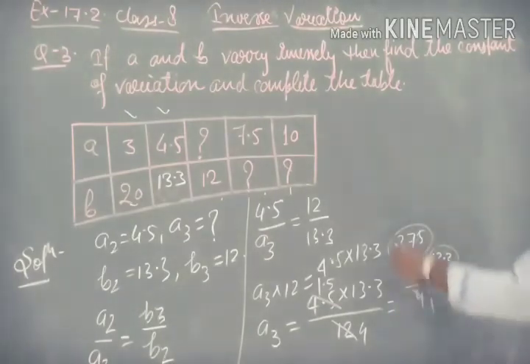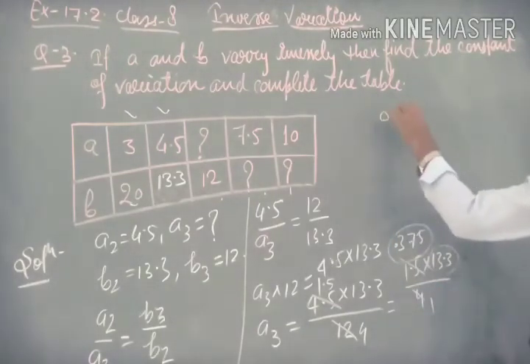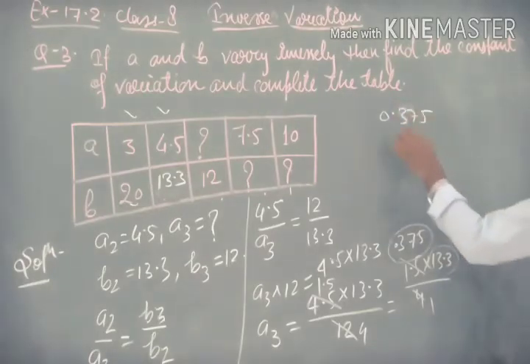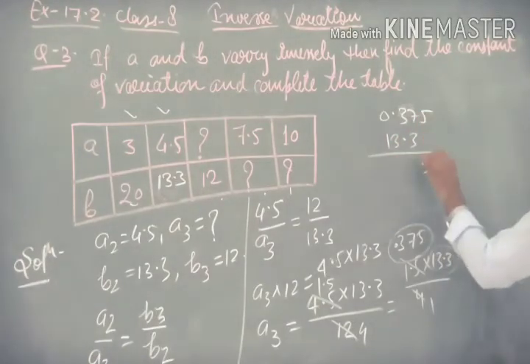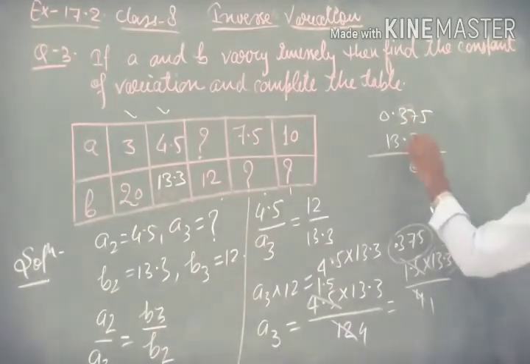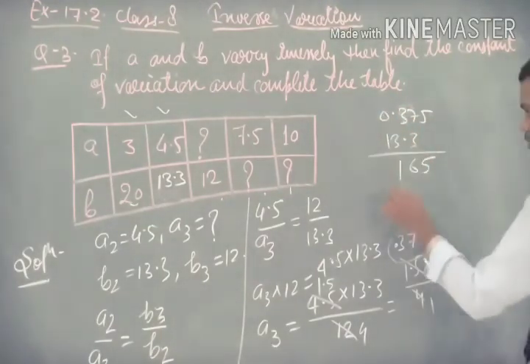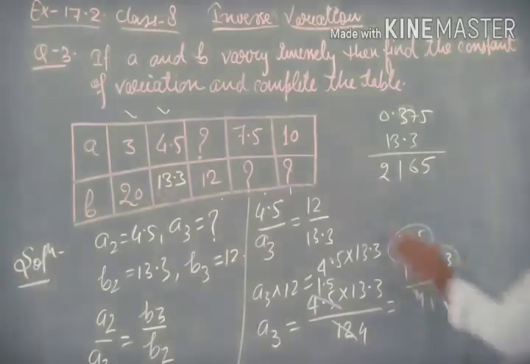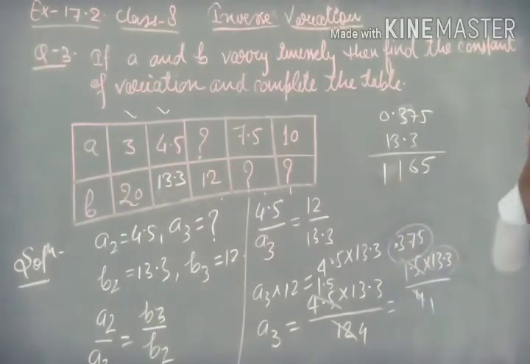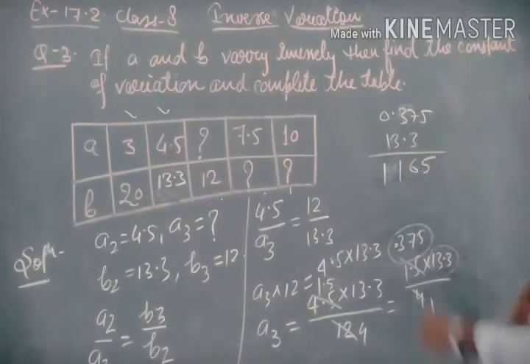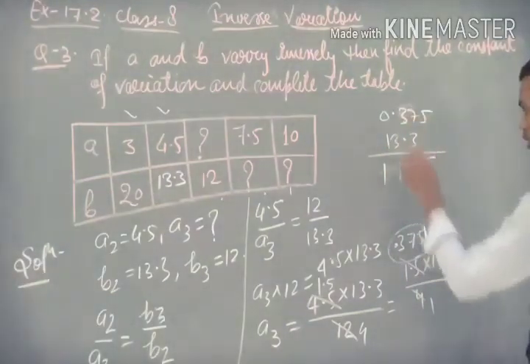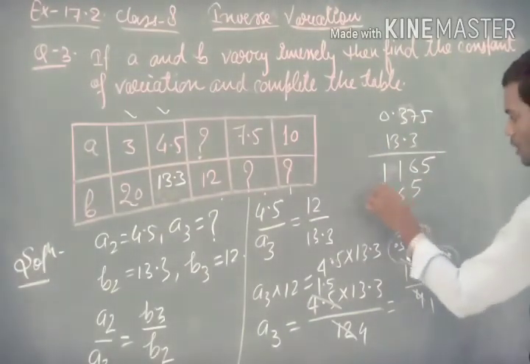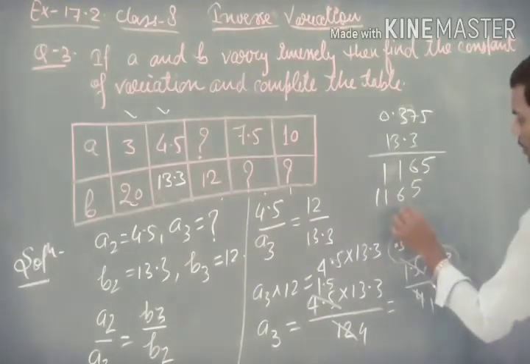So here we just multiply 0.73375 multiplied by 13.3. When we multiply it, 3 5s are 15, 3 7s are 21, 3 3s are 9, and 0, that is 2. 3 3s are 9 and 1. Okay, now similarly when we multiply by this, we get 3 5s are 15, 6, 1, 1, and this one